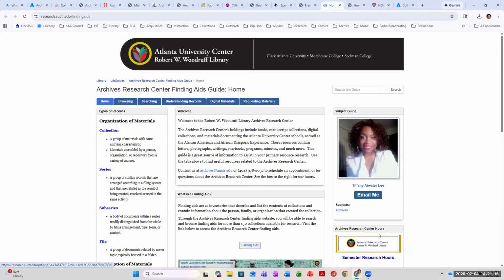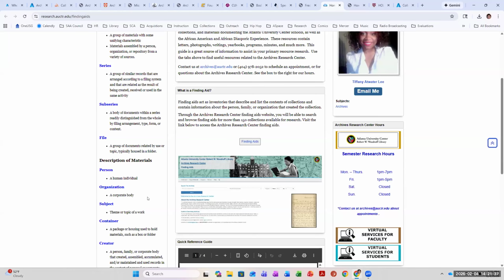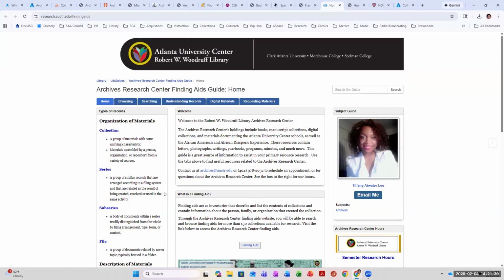So this homepage goes over what the terms mean. Finding aids, as you all know, are not something that people just get, right? They're like, what is this? What does this mean? And so you need to explain what a collection is, what a series is, subseries, file, even sometimes what agent records are and who people are and that kind of thing. So having a guide just linked on that homepage of your public user interface